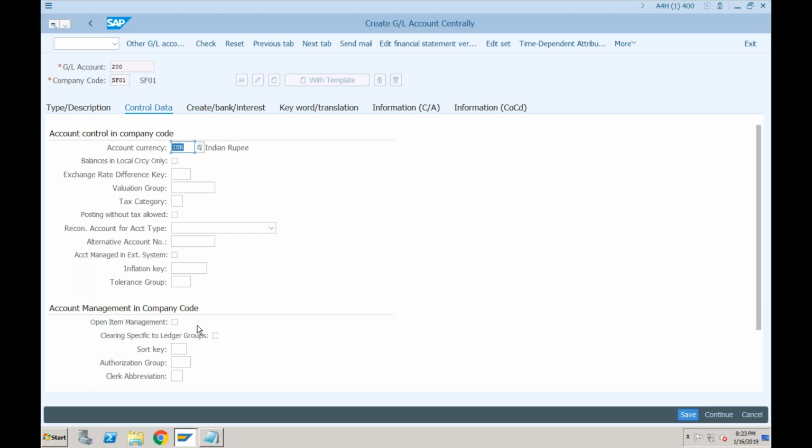Question is, the line item display indicator was available in ECC here. What was the purpose of that? Anyone, please try to answer. Just make it interactive, because otherwise if I keep on speaking, you may not be able to grasp the things. Prashant, you are very silent. Please try to answer this.